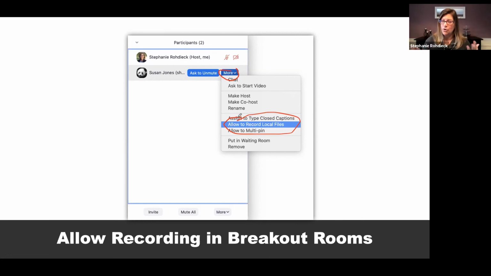Like if you're doing a role play, for example, and you want to actually be able to see them do that role play, or you're teaching a language class and you want them to practice talking to each other, just allow one student per room to record, and then it saves it to their desktop. Again, they can't do this on an iPad or a phone. They have to do it on a desktop. And then they can send it to you and submit it through Carmen or through email later. So if you want them to record, that's the extra step you have to take. If you have a lot of students, you probably don't want them recording anyway.